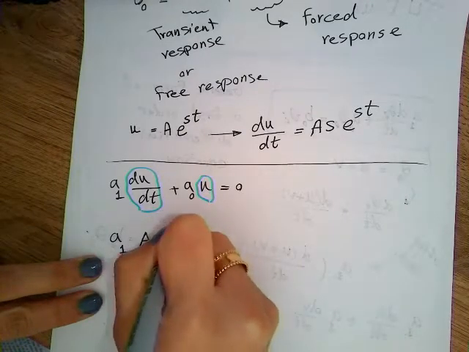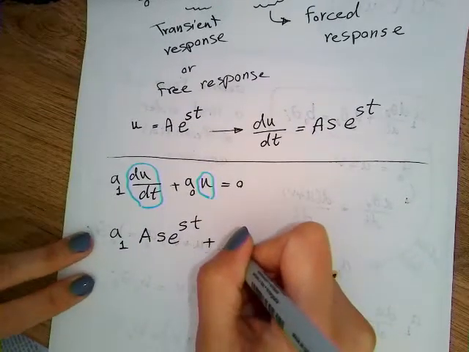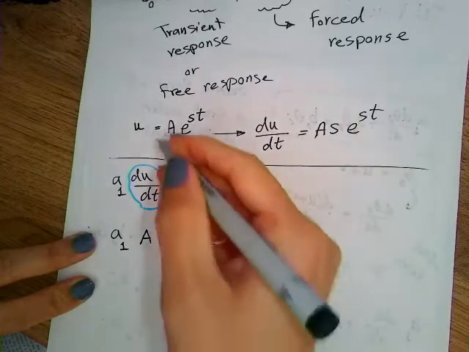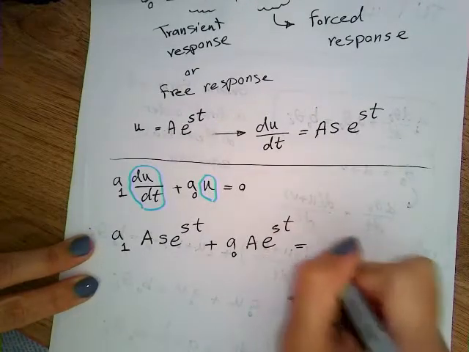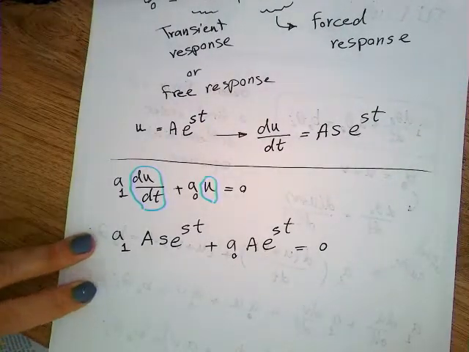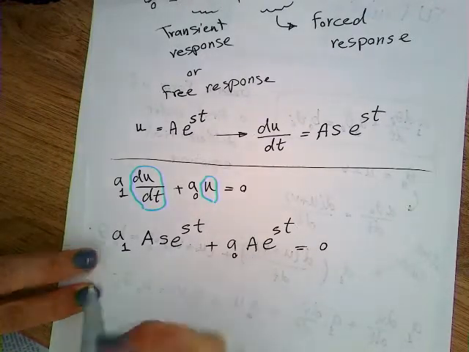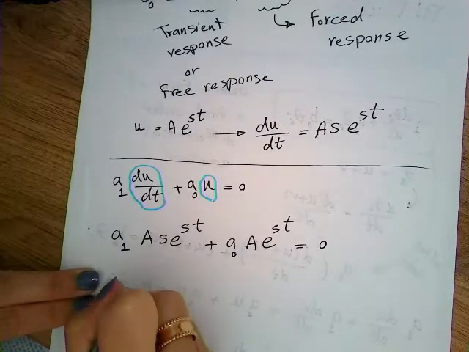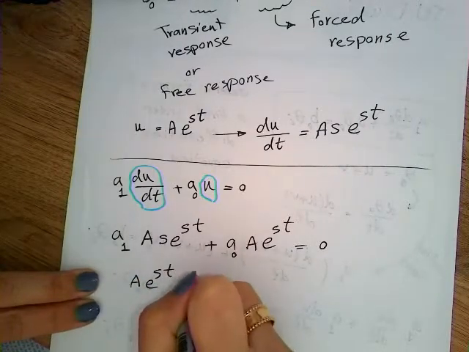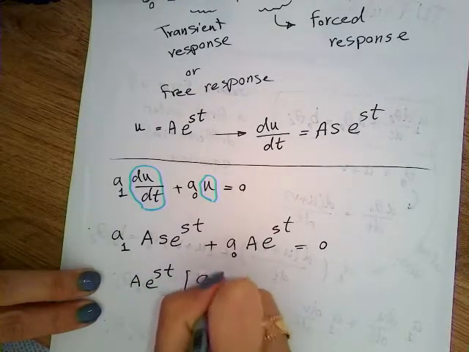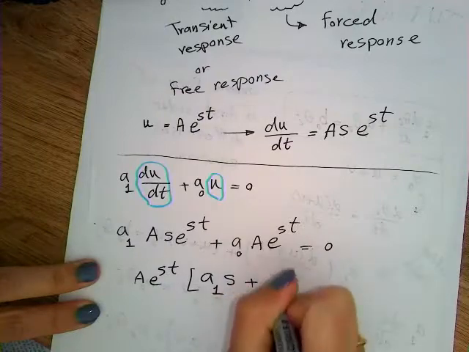And then we have s exponential of st plus a0 multiplied in u, and u we assume that has this form, and then everything is equal to 0. Let's factor out the exponential and also the constant e, and we see how it looks like. So the constant a and e comes out, we can factor it out, and we are going to have a1 s plus a0 equal